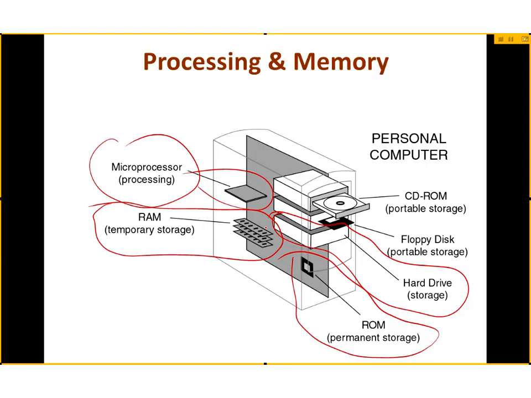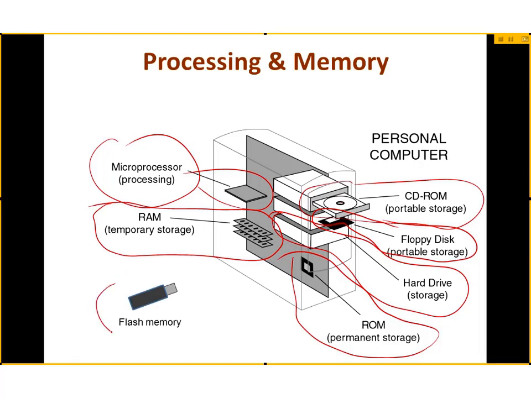And in addition, we have removable types of memory. Many computers still have either a CD-ROM or DVD-ROM drive, although fewer and fewer modern computers have this anymore. Floppy disks were the traditional way of storing information for portable storage, but are hardly found anymore on modern computers. And nowadays, more and more, we tend to use other types of portable memory, such as a flash memory stick that we might stick into the USB port on our computer for taking information with us, moving it from one computer to another,